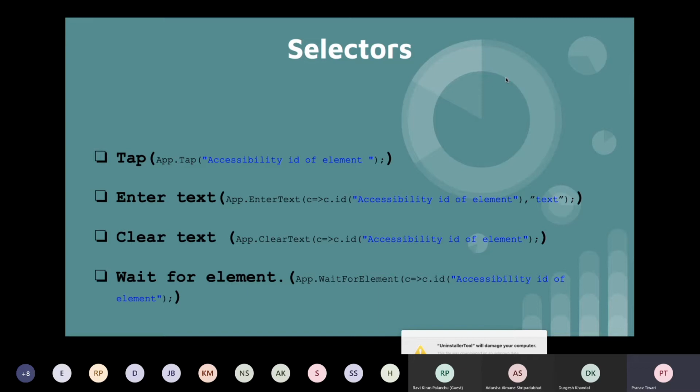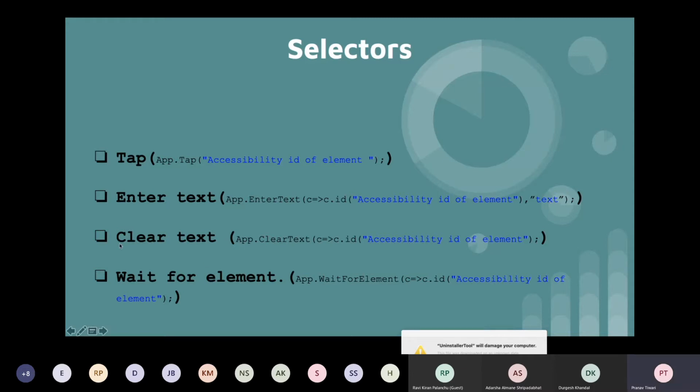So we are tapping on it, a keyboard comes up, and we can enter the credentials or whatever we want to enter. Then App.EnterText. EnterText will put whatever text we want. For the particular element ID, we need to put it here and we need to put the text we want to enter into the particular entry field. So it will put that particular text.